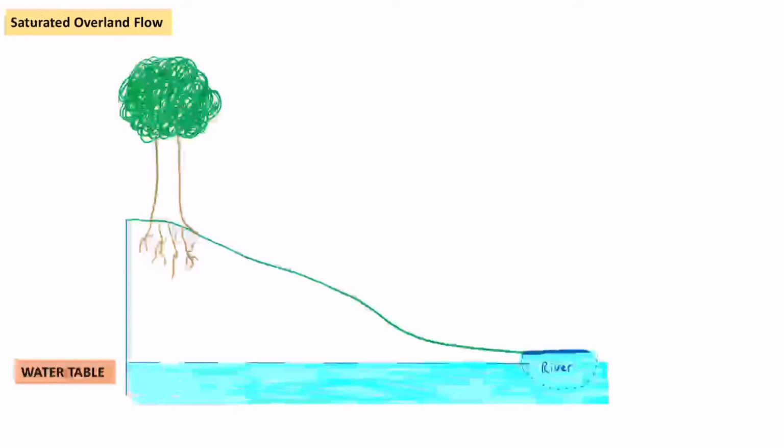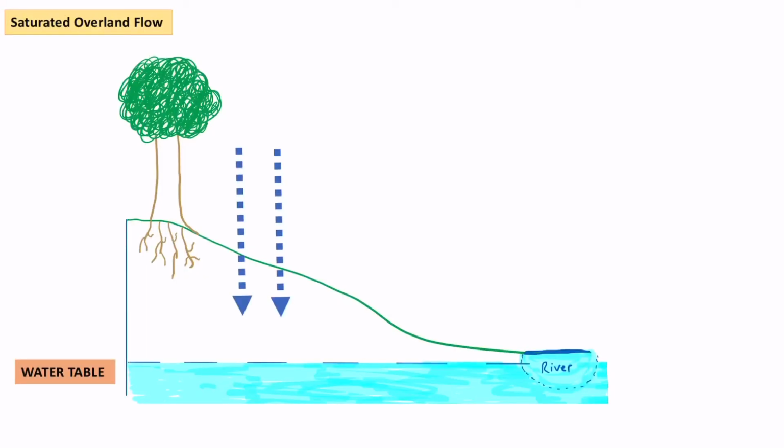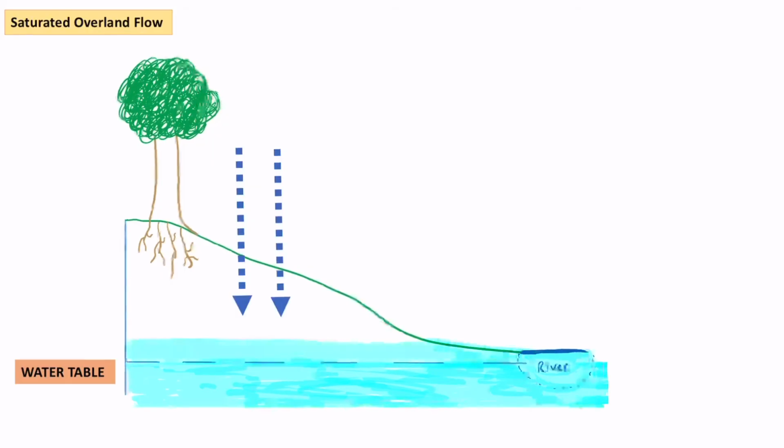The other theory is slightly different, and it's talking about saturation. So on my diagram I've drawn here, I've drawn the water table. That is the level under the ground below which everything is saturated. So below that kind of dash line, the soil is completely saturated. So to get overland flow, what I need is infiltration to happen initially, and that raises the water table. So that raises that level of saturation because all that water is gathering in there. That would therefore lead to the process of saturated overland flow,